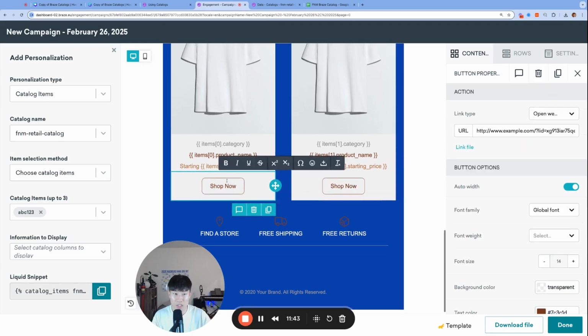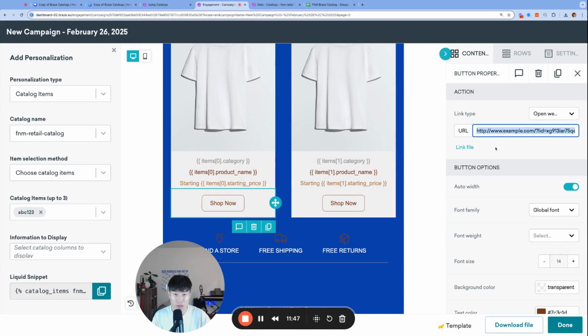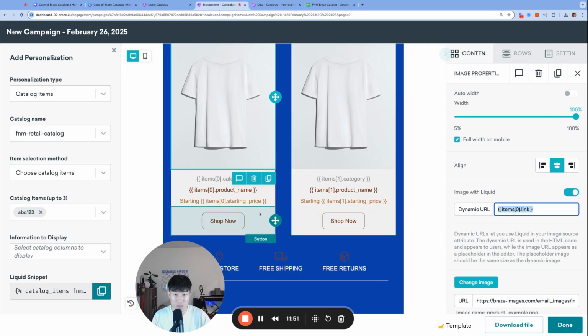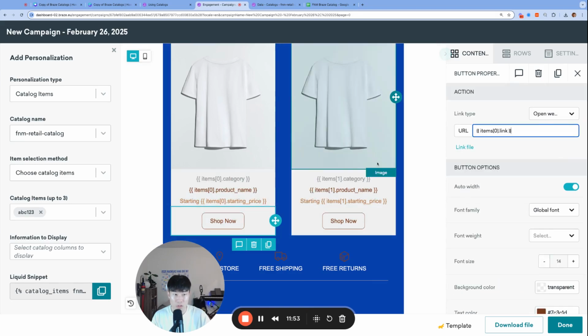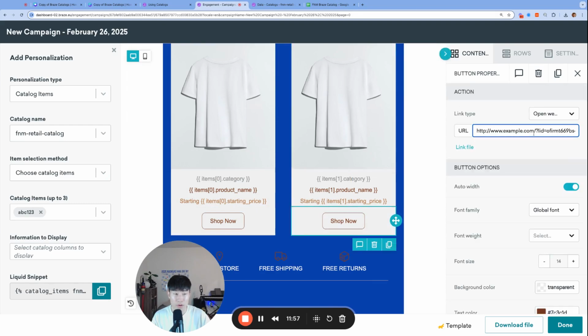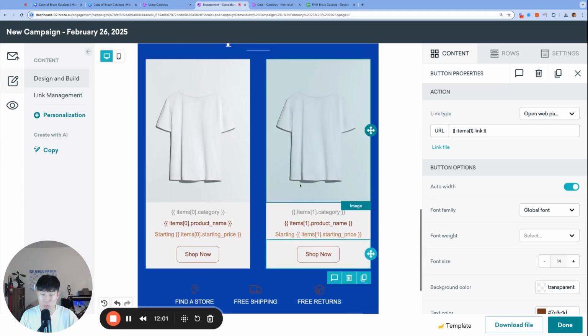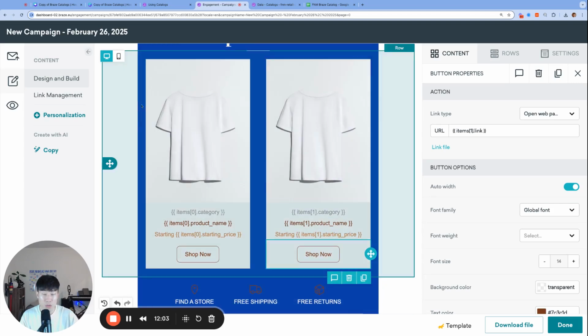And then lastly, the shop now open web. This is going to be the last one that we need to change, which I actually ended up using the same link as the image link. So that'll go there. Then that'll go there. And then for the moment of truth, if we now go ahead and click preview, these two items, these two